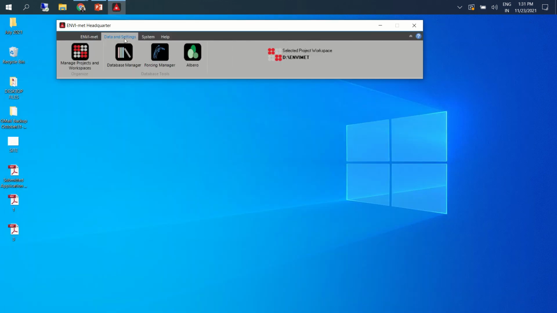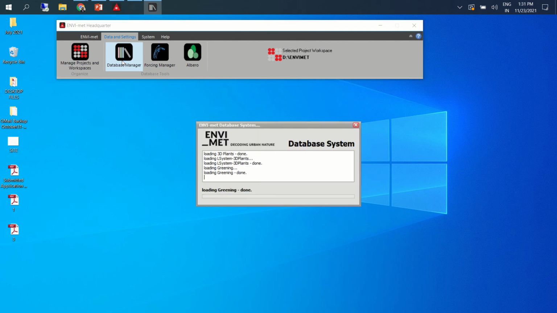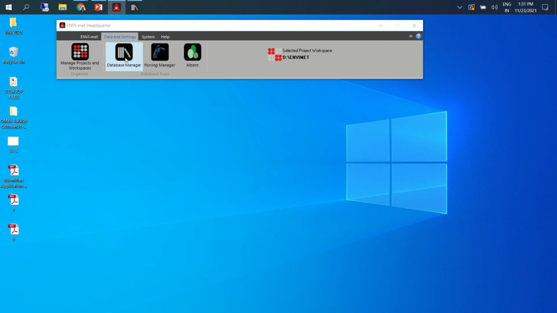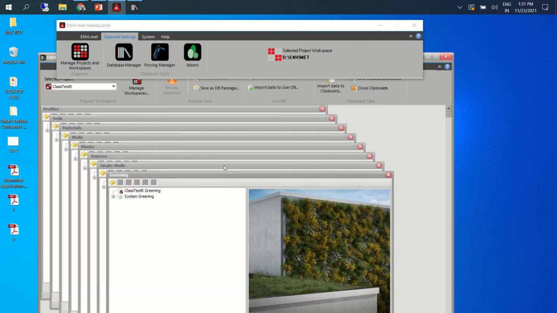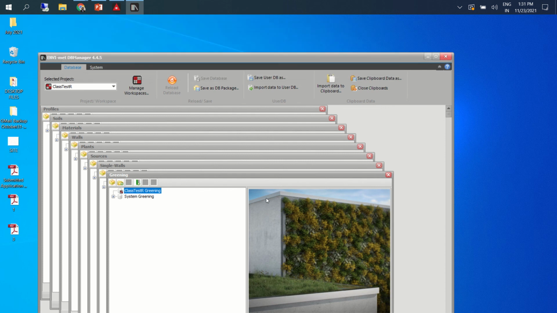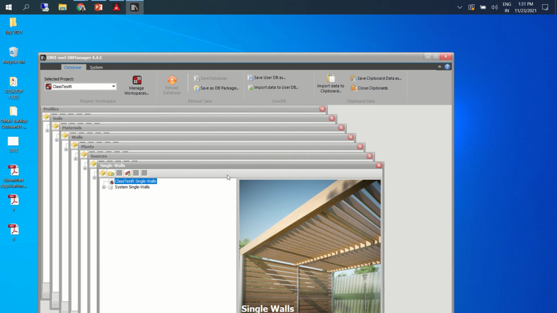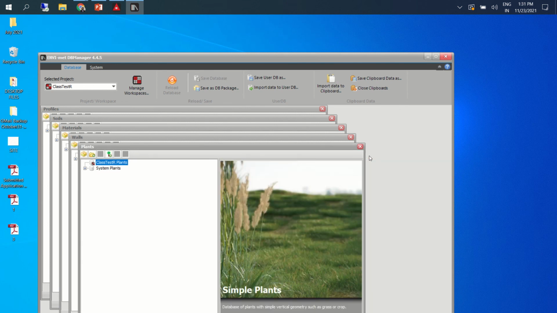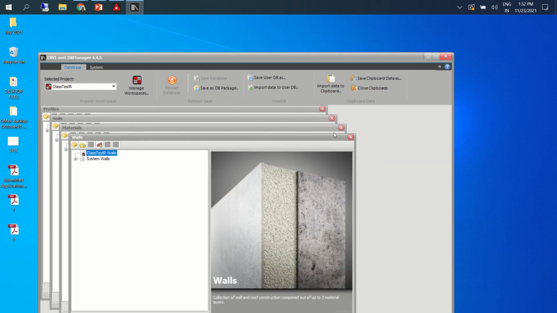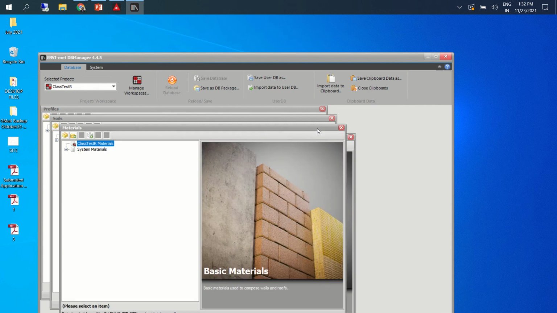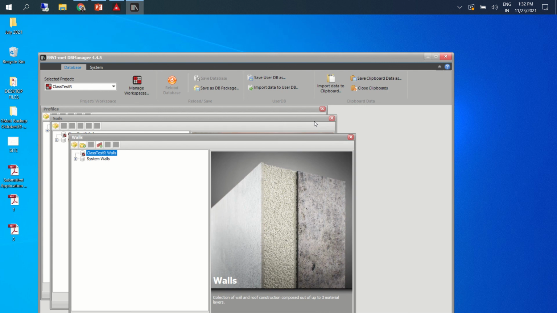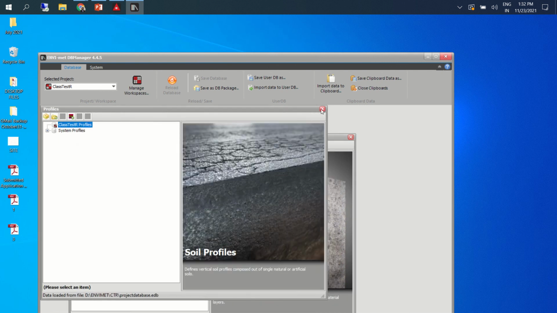That is, you go to data settings and click on database manager. Let's say we'll model only two elements, and then you can try other things. Let's start with wall, we can discuss, or maybe basic materials is fine. Wall we can discuss. Soil also we'll discuss. At least two we'll discuss.